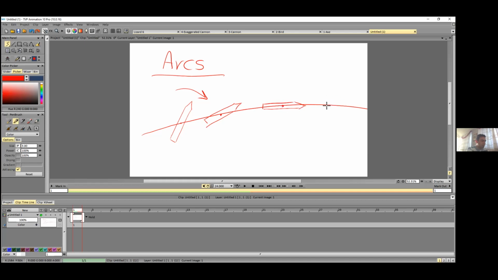Merkezine göre hareket edecek. So it spins and moves. It spins, rotates, and moves. Evet. Bu şekilde bir rotasyon yapar.